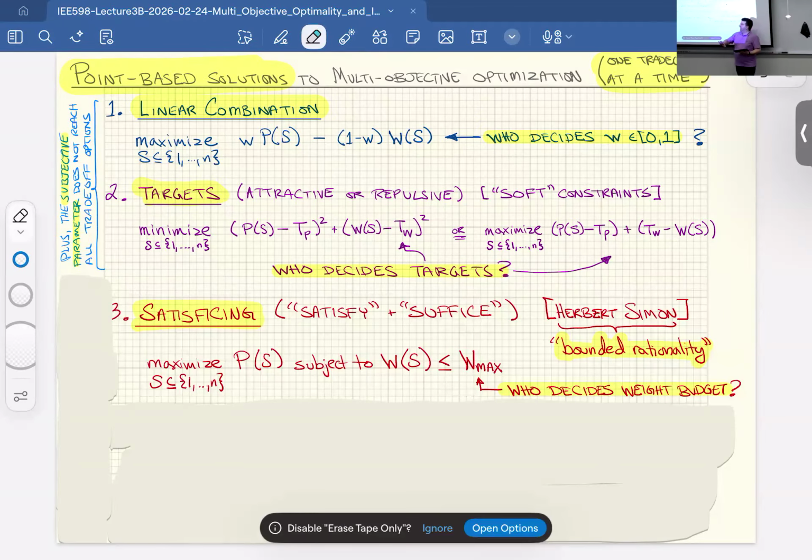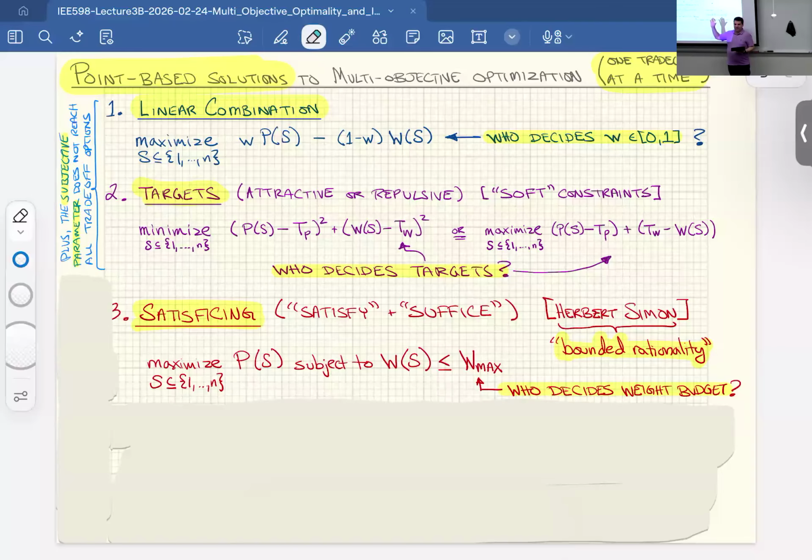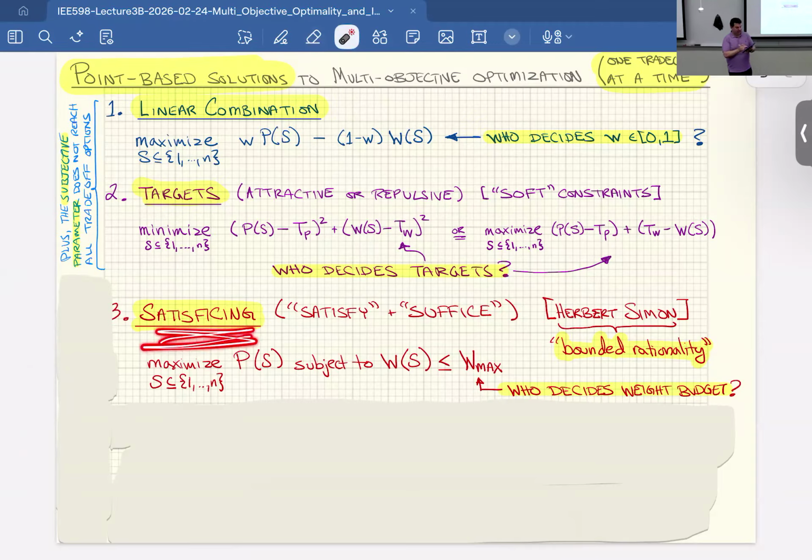All right, so most of you who've seen the knapsack problem before, how many of you have seen a knapsack problem in any class before? Okay, so you probably have seen this version where you set an upper bound on your weight or an upper bound on your volume of your knapsack. This is what's known as satisficing. So Herbert Simon is one of the founders of this idea of bounded rationality, and it's this idea that